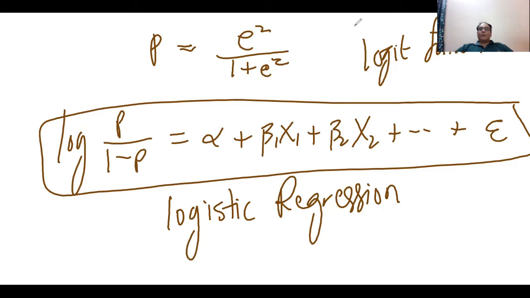Go back to the SPSS file and clear it. First of all, I will apply the bivariate logistic regression model, and then I will move to the multivariate logistic regression model. P is the probability here, income is the income here, and I'm going to apply the logistic regression in this. Go to Analyze, Regression, and you can see a command called binary logistic. This complete family is the logistic family.